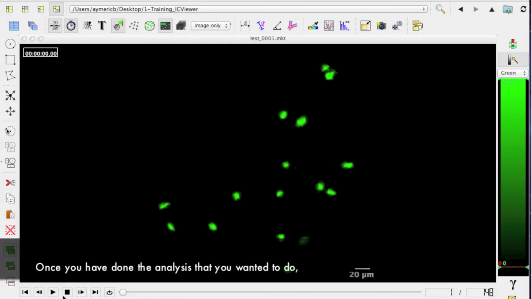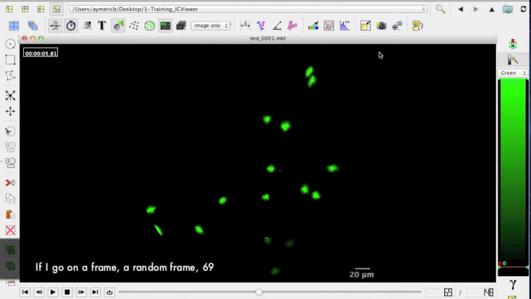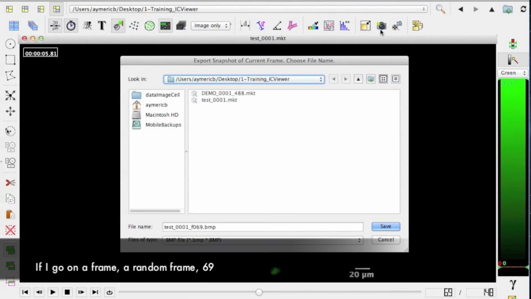Once you have done the analysis that you wanted to do, you might also want to export the movie itself. For that, you have two options. The first one, top right here, is just to export a frame. So if I go on a frame, a random frame, 69, and I click on here, that means I will